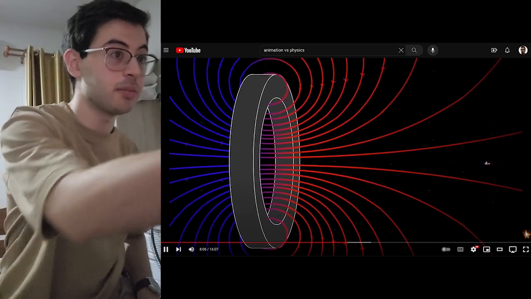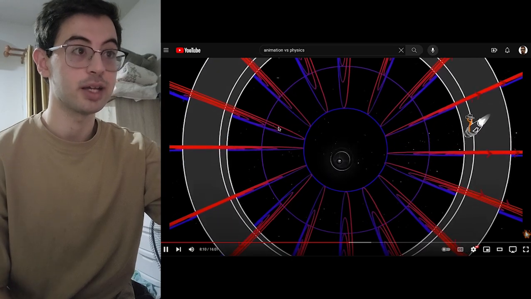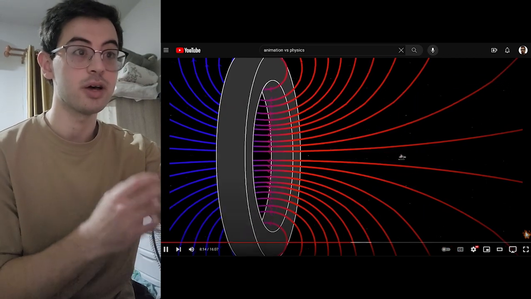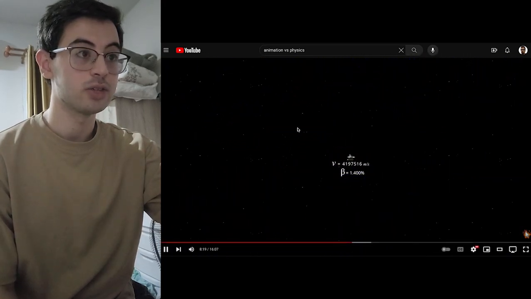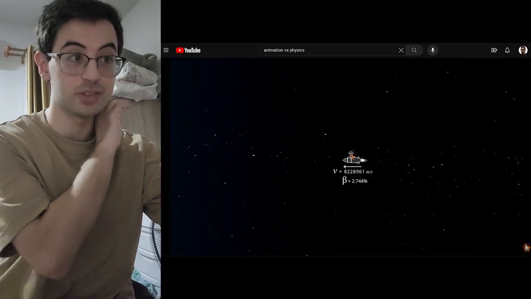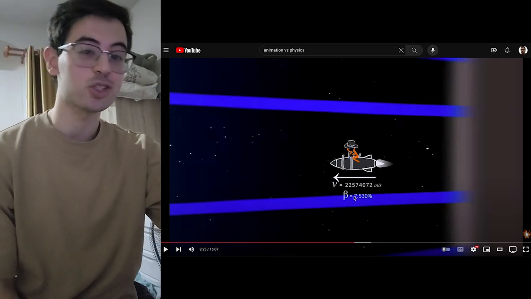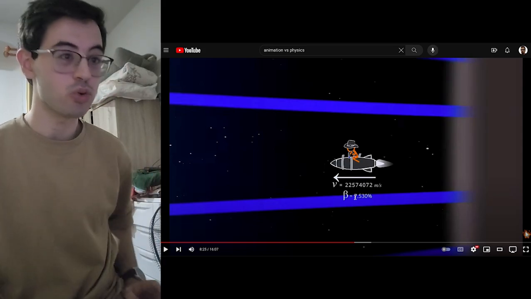So the negative is going to get pulled into the positive, and then the positive is going to get pushed away by the negative. Opposites attract, and the same kind repel. So now it's being propelled, and this is basically a rail gun. Although I wouldn't see him getting such an exponential speed increase that quickly in my eyes, just because the railgun,